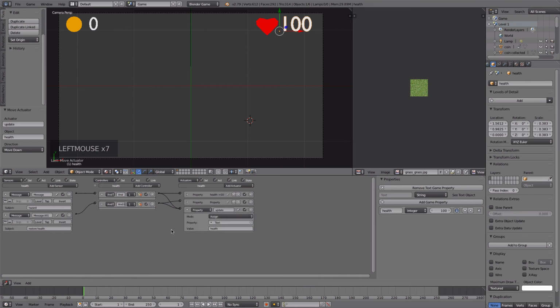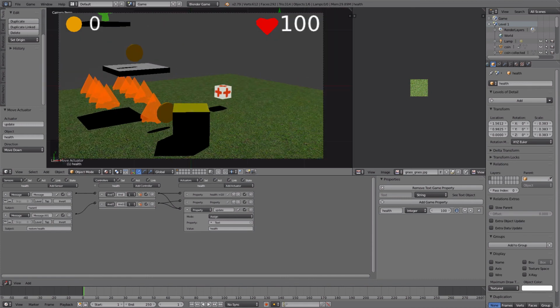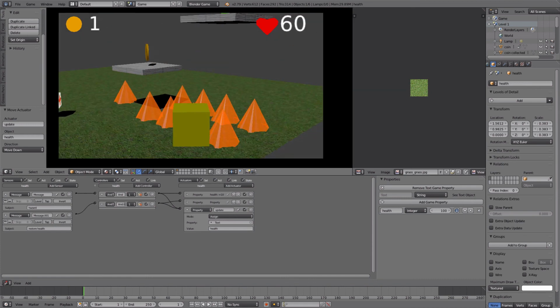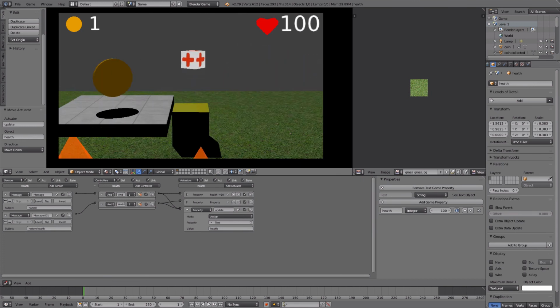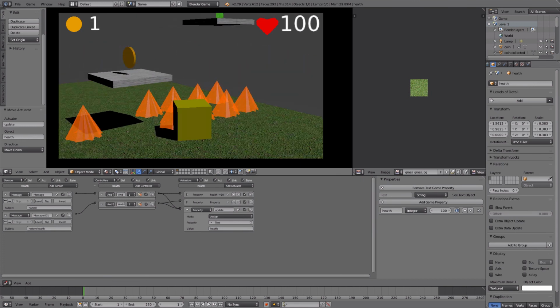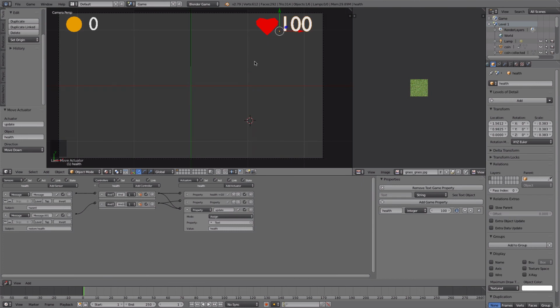When you start having a lot of complex action, you can reuse your logic bricks if you know what you're doing. So first, let's just make sure that this works. And so I'll damage myself over here, and then, yep, works just fine. And I can damage myself again. So what's happening is when